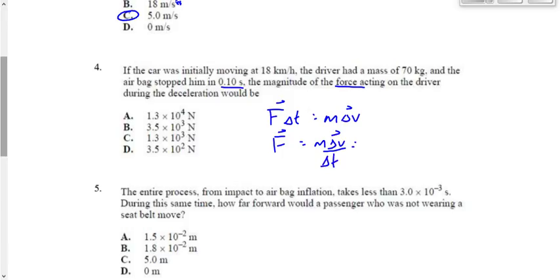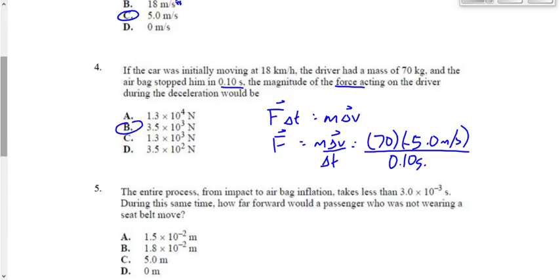The mass of the driver is 70. The change in velocity of the driver would be 5 meters per second, or negative 5 meters per second. The time interval is 0.1 seconds. Do the math there, and it works out to be B, 3.5 times 10 to the 3 newtons. And 5,